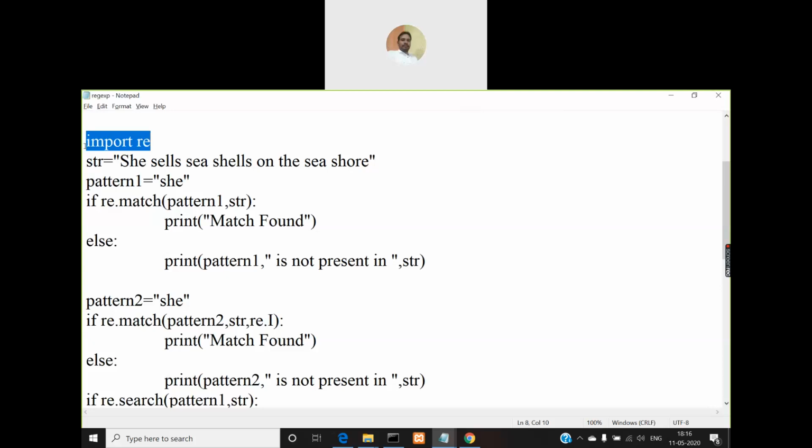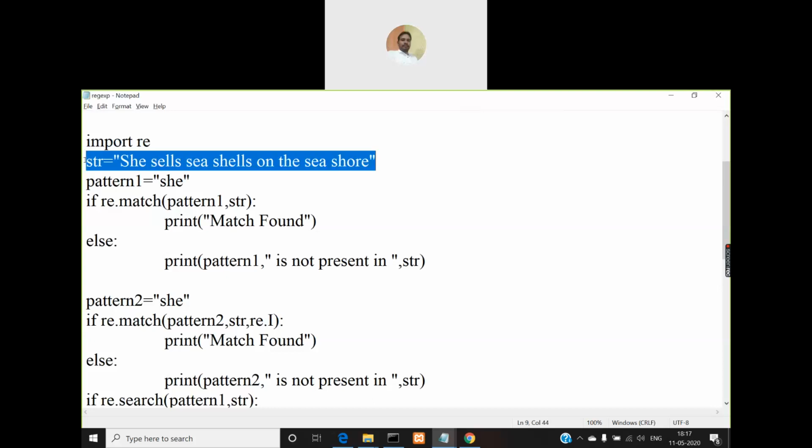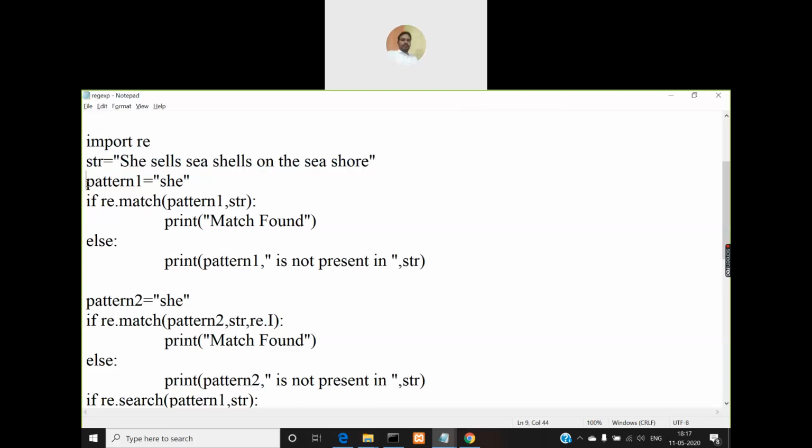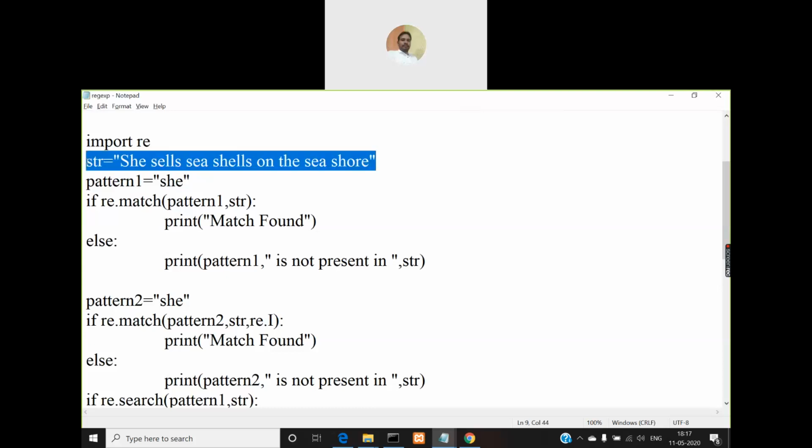I'm creating a string str which contains the sentence, she sells seashells on the seashore. Then I'm creating a pattern. We want to find out whether the pattern she is available in the string str or not.